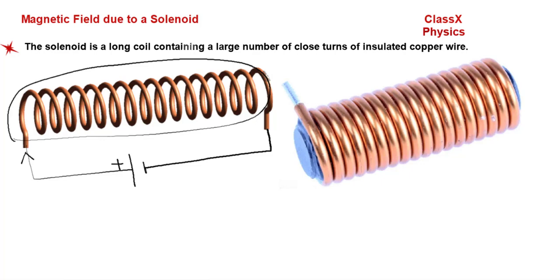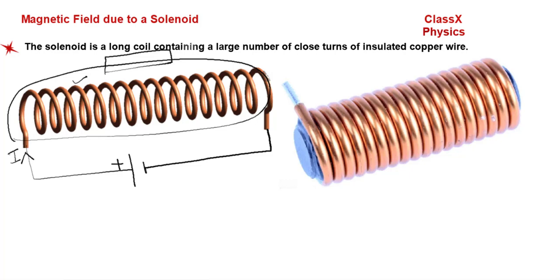Let us revise. This is the insulated copper wire and we have given it many continued turns. It is making a coil. When the connection is enabled across the ends of this coil, current flows in the coil. This acts as a bar magnet. It has magnetism associated with the current. This is called a solenoid.